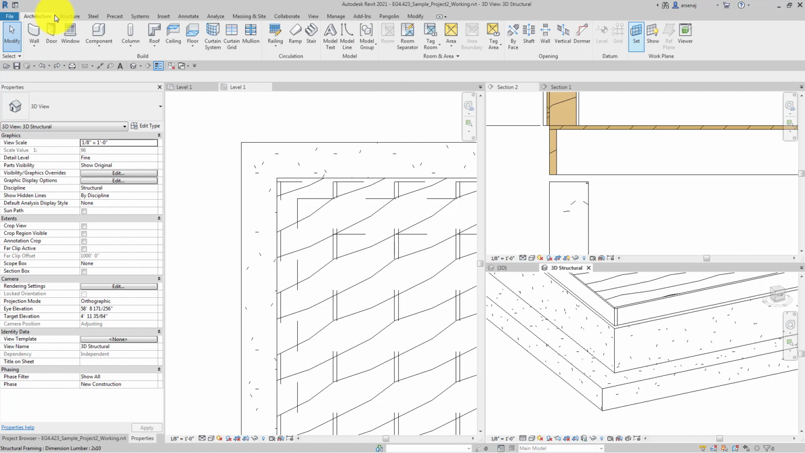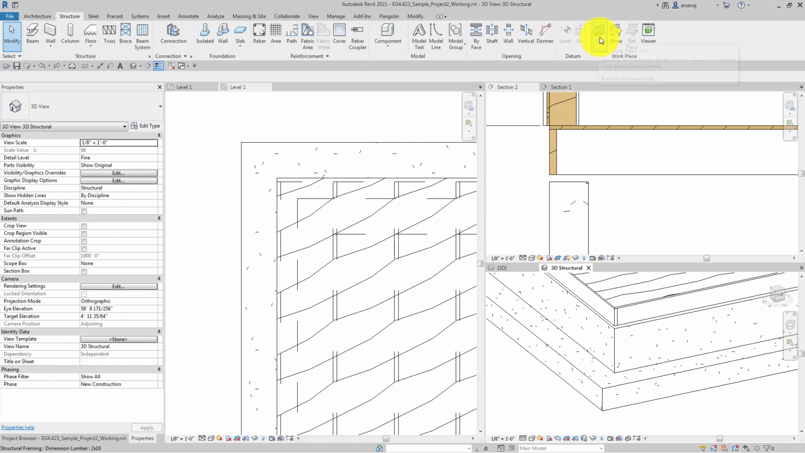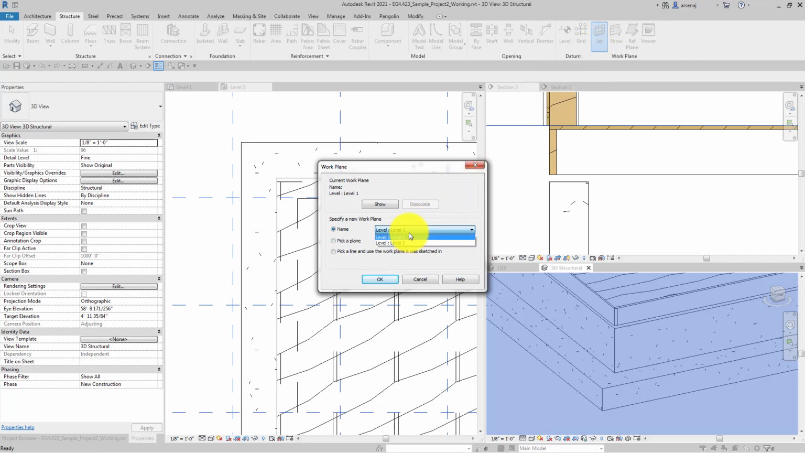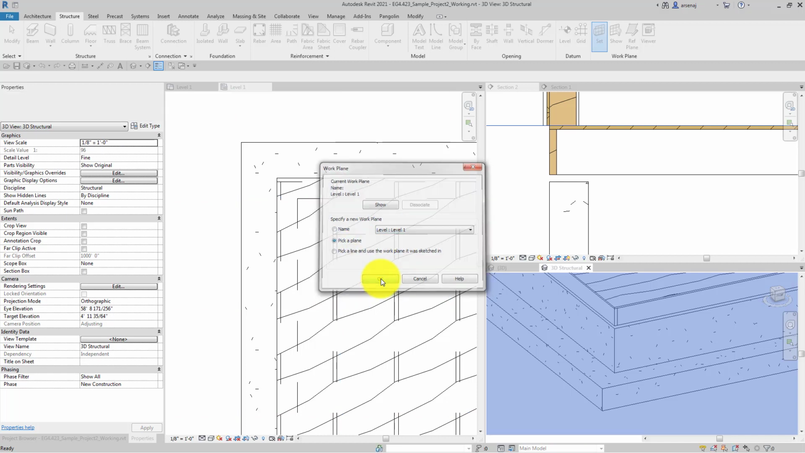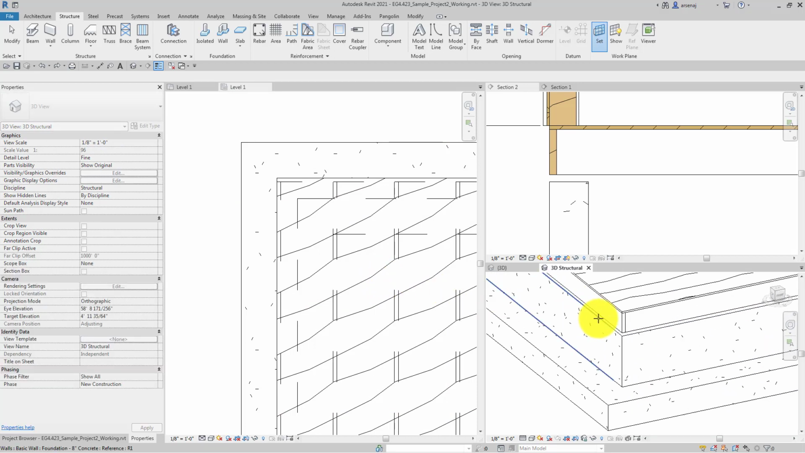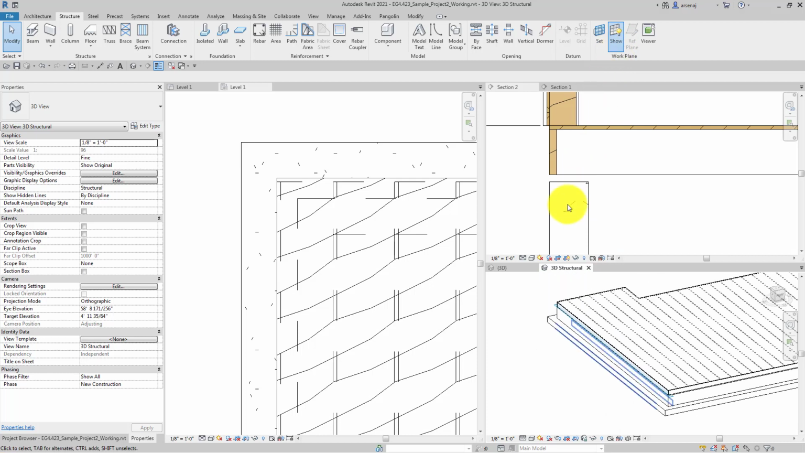So, architecture tab in the same location, Structure, Set Work Plane, and then a dialog box will pop up. It'll ask you to either name a plane. Right now it should be set to Level 1, but we want to pick a plane, and this allows you to pick any surface in here to use as a work plane. In here, I'm just going to pick the top of the foundation wall, select that, and then if we go to Show Work Plane, it shows the work plane